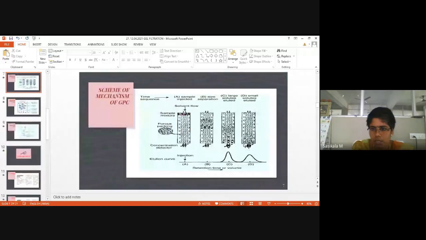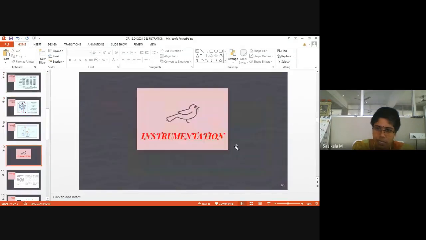You can observe here in the last scheme. This is the column where molecules are eluted out. It will be collected as a fraction either in bulk form or in analytical form. In analytical HPLC, it will be wasted because only a negligible amount comes from the column when you use a very low amount of sample. When we go with a preparative form, large scale separation, we can collect the fraction like in column adsorption chromatography. We can go for further characterization of this isolated molecule.